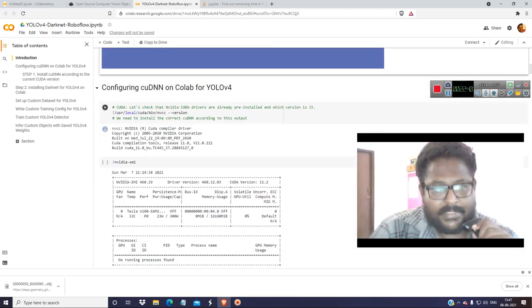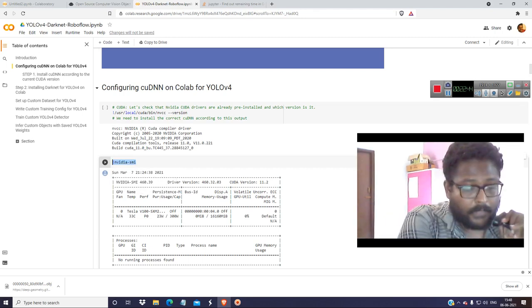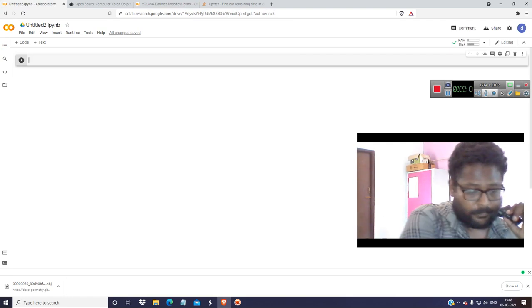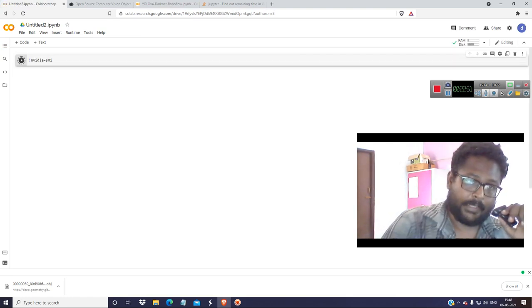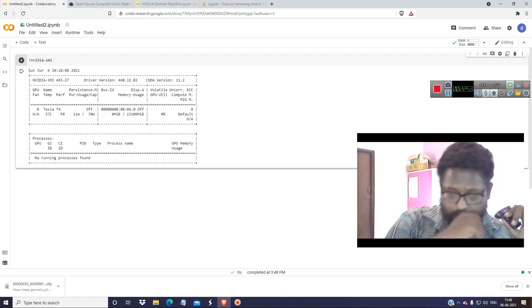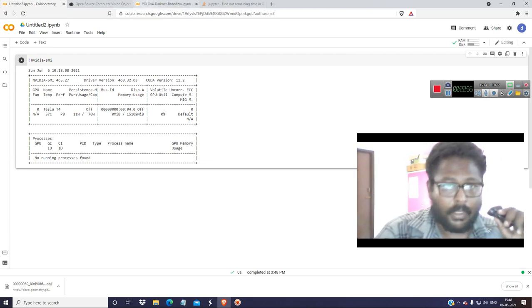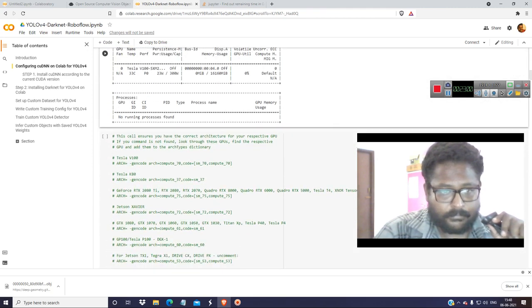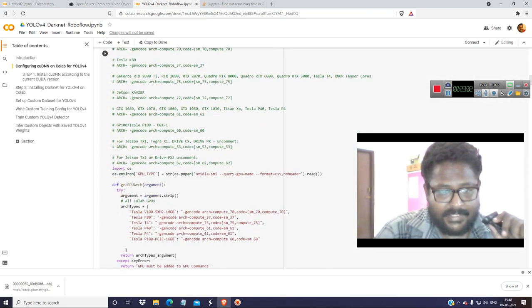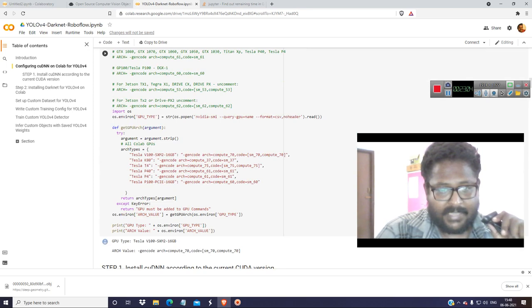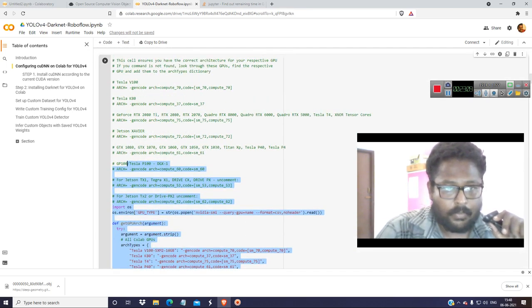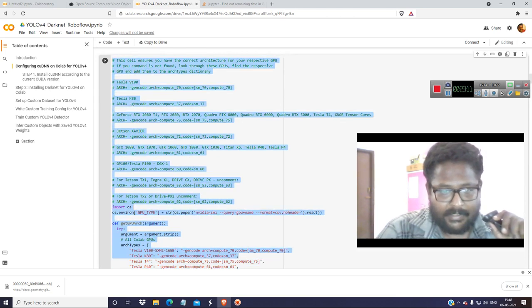Okay, now let's see what kind of CUDA version. That is not a very big deal. But we need an idea of what kind of GPU we are going to use. We are lucky to have a 15 gigabyte graphics card, and you have to first change the architecture. Okay, first change the architecture, because this would be a big deal. So now you just get here.